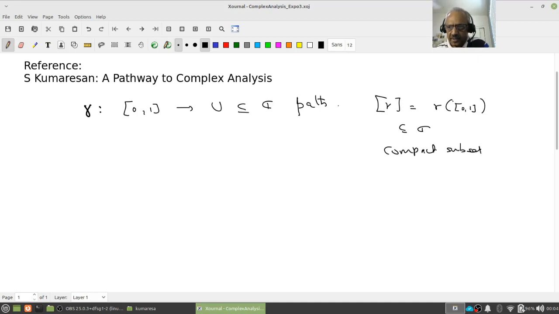These things are not needed for what I am going to say, but it will be useful. And let f be a continuous function from C minus gamma to C, right? Then define